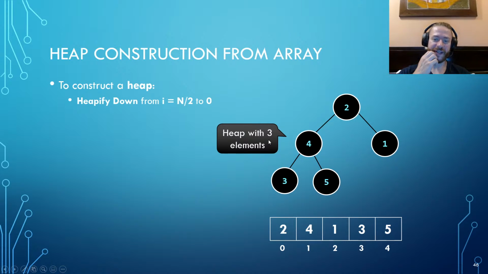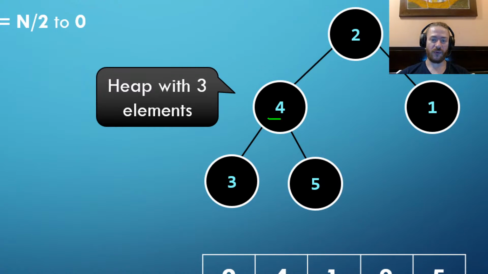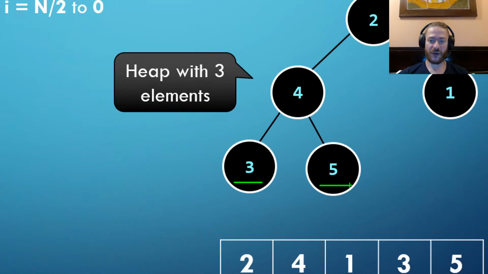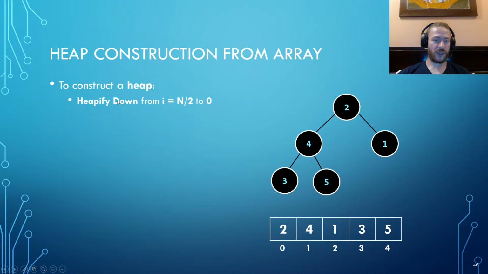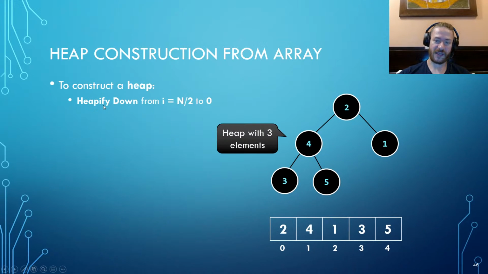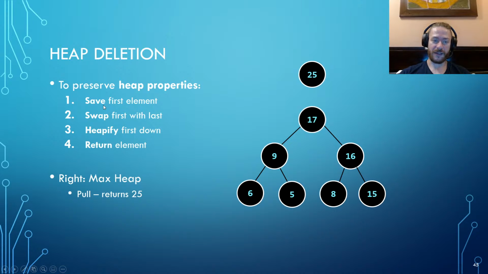The whole idea here is that every subtree is a heap, and the leaves don't need to be heapified because all of the elements will heapify down to them. So we just need to get the array, find n divided by 2, and heapify down each element with the formulas, the same way we did earlier,